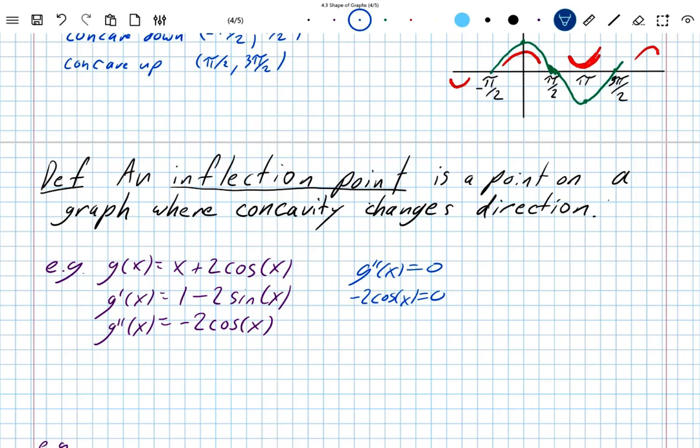It looks like that is going to be at negative pi over 2 and at pi over 2 and at 3 pi over 2. On the domain that was given above, we're going from negative pi over 2 to 3 pi over 2,